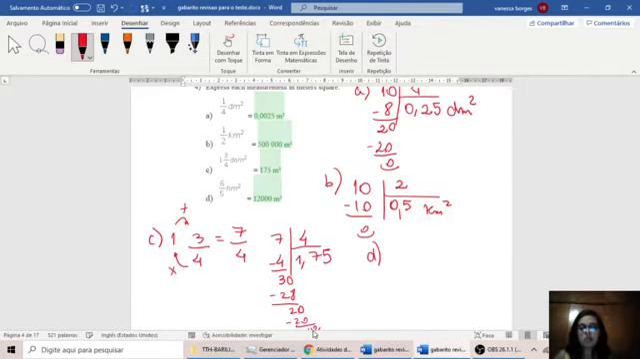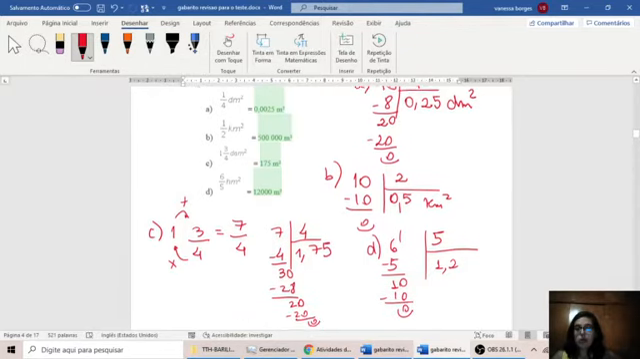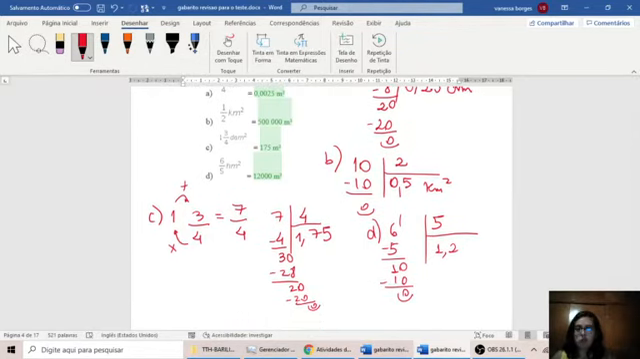Letter D is 6 divided by 5. 6 divided by 5 is 1. 1 times 5 is 5. 6 minus 5 is 1. I put a comma 0. 10 divided by 5 is 2. 2 times 5 is 10. 10 minus 10 is 0. So now I have finally all the numbers in their